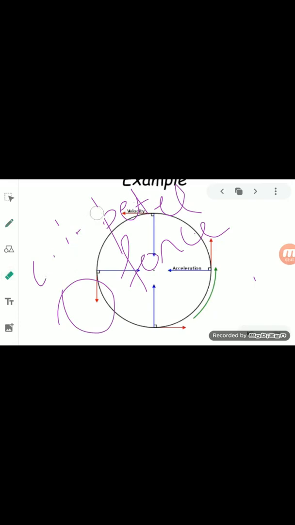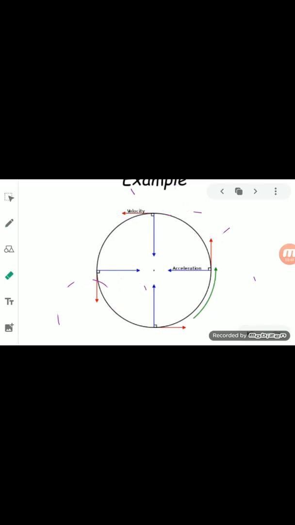Now we can take the example of this one only. When we tie the stone to the thread, it is rotated by the person in a circular path. To pull the thread so that it can move in a circle, there is a need for a force, and this force makes the stone move in a circle. Okay, so that force which is needed to make an object travel in a circular path is called the centripetal force.